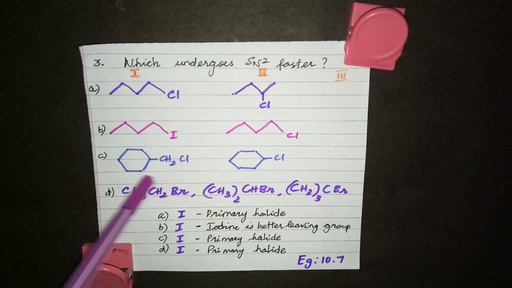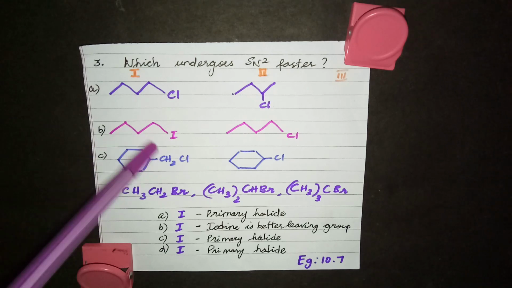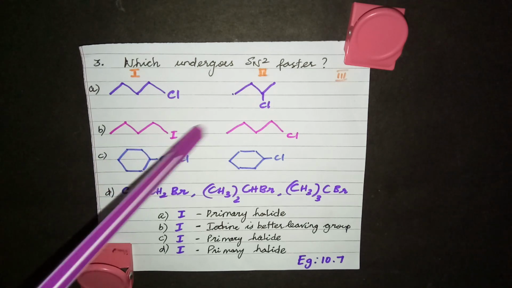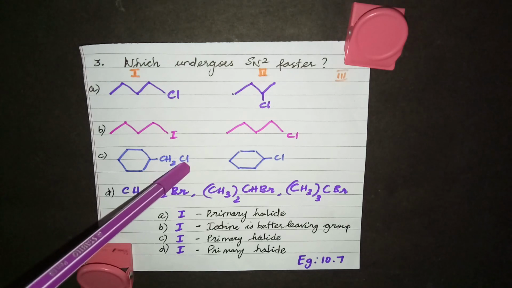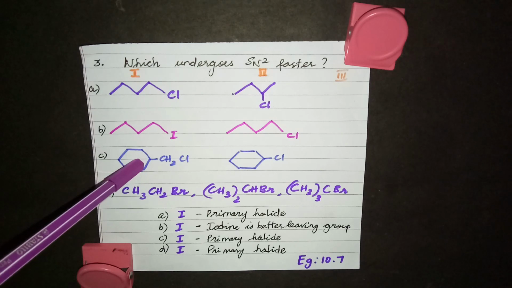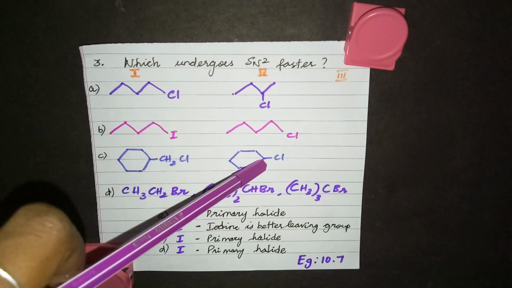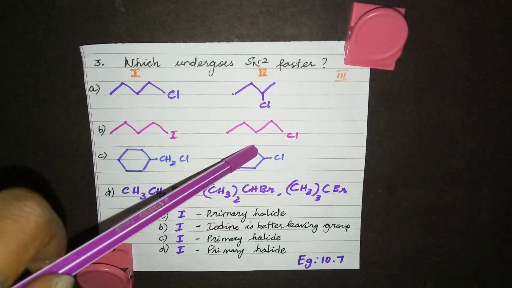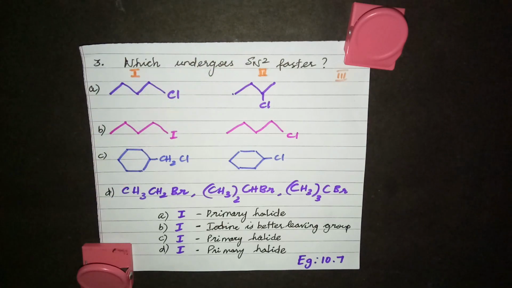Now look at this. What is this? Don't say this is benzyl chloride because there are no double bonds inside. This is not a benzene ring. Okay. So among this and this, if you don't know the name, that's not going to be a problem, but you have to identify whether this is primary, secondary or tertiary. See, this is the functional group. This is the alpha carbon. This alpha carbon has 1 carbon neighbor. So this is primary. This is the alpha carbon. This alpha carbon has 2 carbon neighbors. This is secondary. So the primary compound will undergo SN2 reaction faster.